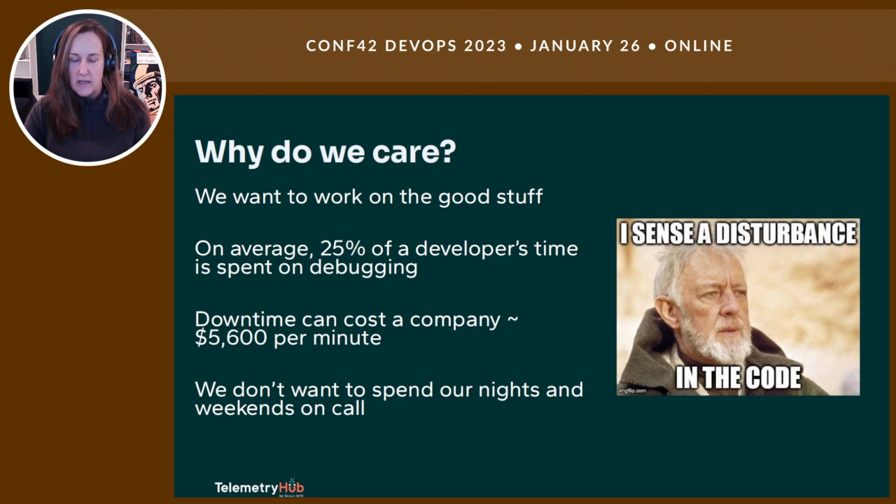So first off, why do we care? We really care about this because we want to work on the good stuff. We don't want to spend our time debugging, troubleshooting, doing support. Our companies also don't want us to spend our time doing this. It can be very expensive for an organization to have an entire engineering team doing troubleshooting and support and not